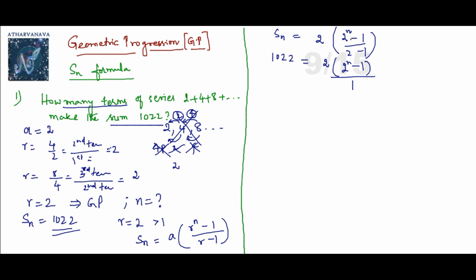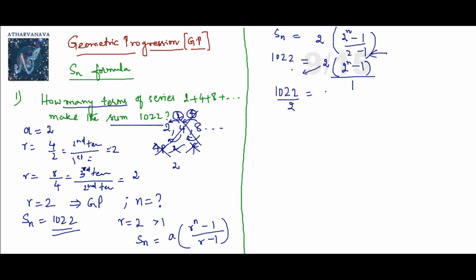Just keep it simple. Keep it as it is. Don't touch anything. Just solve the denominator first, particularly in GP. No need to touch the bracket part. Just keep it like that so that you can easily solve it. If you multiply, it becomes a little complicated. So avoid that.